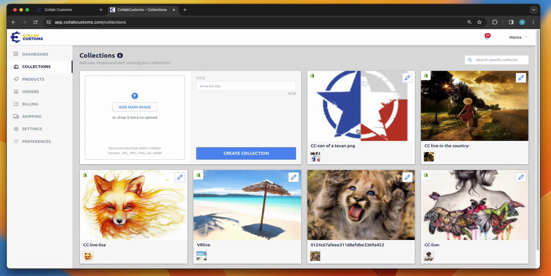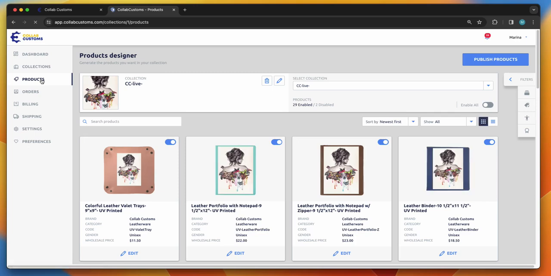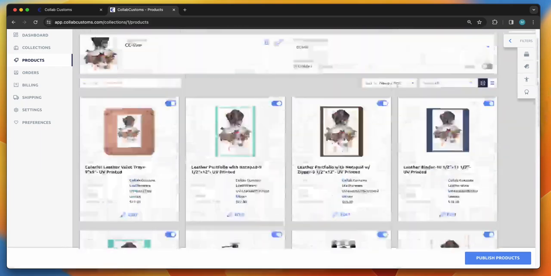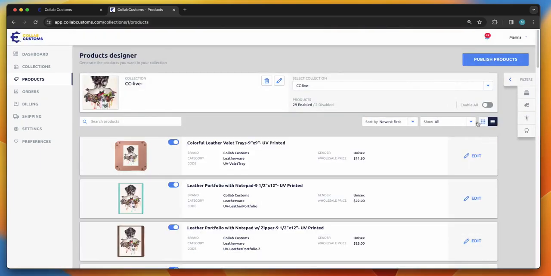But basically, if you wanted to see the products with your design, you would just simply click right here, and this will showcase this design across all the products for you. But like I said, we'll do that in another video and go in depth into some of that. Here's our products page. This essentially will showcase this collection right now across all the products. And obviously if you need to adjust it as such,